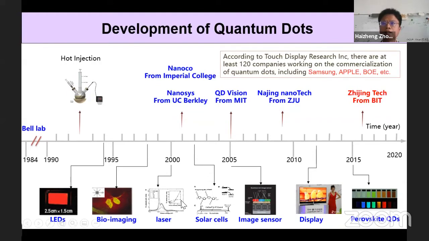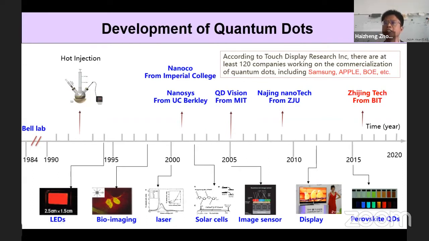Later on, different applications were reported, for example, in 2000, solar cells in 2002, image sensors in 2005, and displays launched in